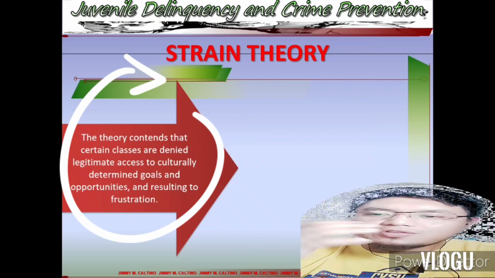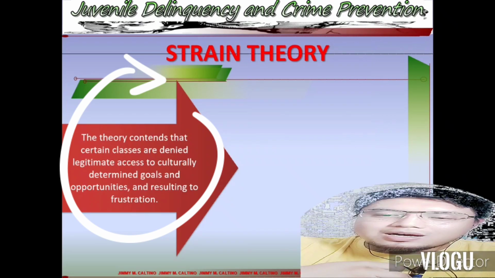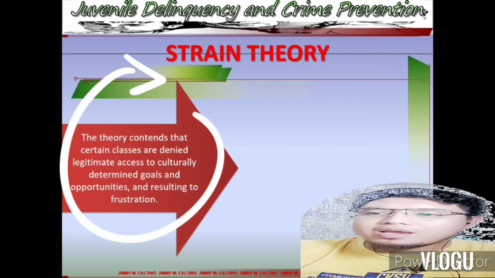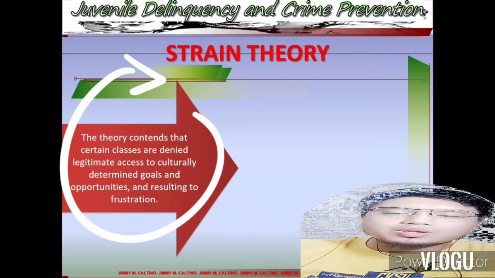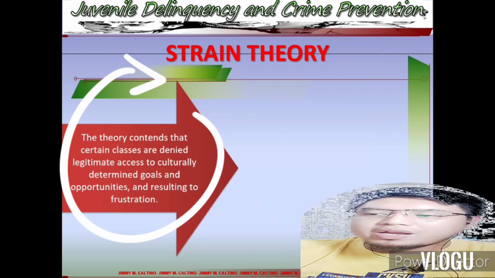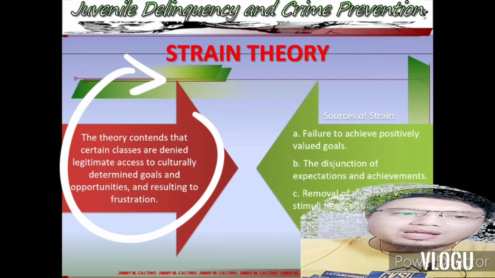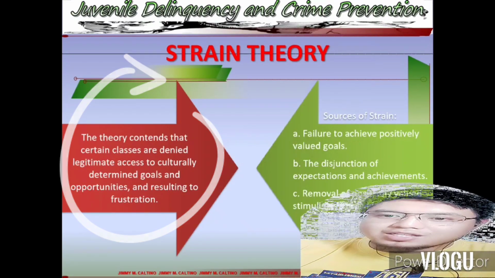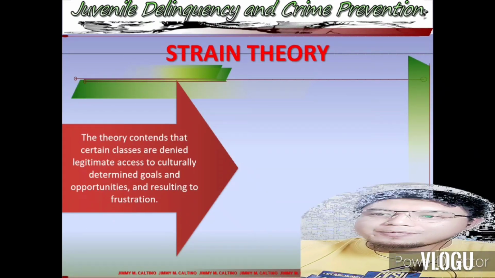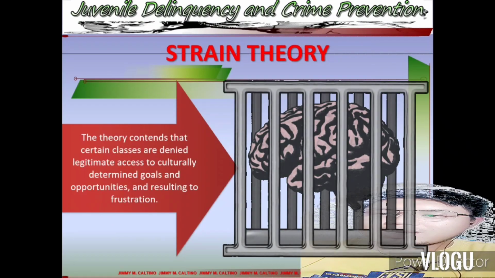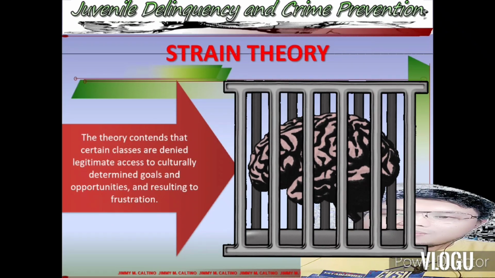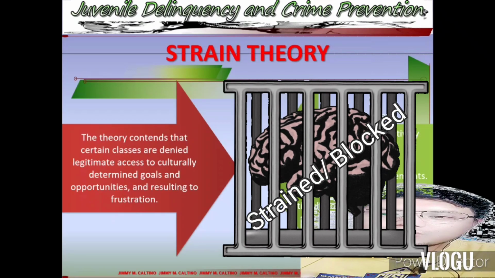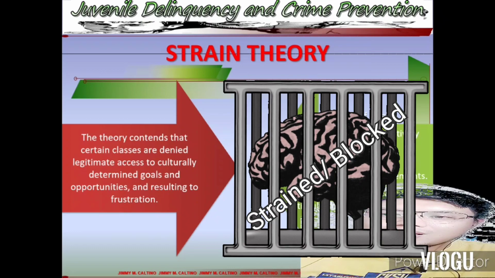Well, this is the development of Emile Durkheim's anomie theory. It was developed by Robert Merton, and then Albert Cohen, followed by Cloward and Ohlin, and then other criminologists or sociologists. However, on the strain theory, it says that if one person, or classes of people, are being denied their wants and needs, or their goals and objectives, the opportunities are being